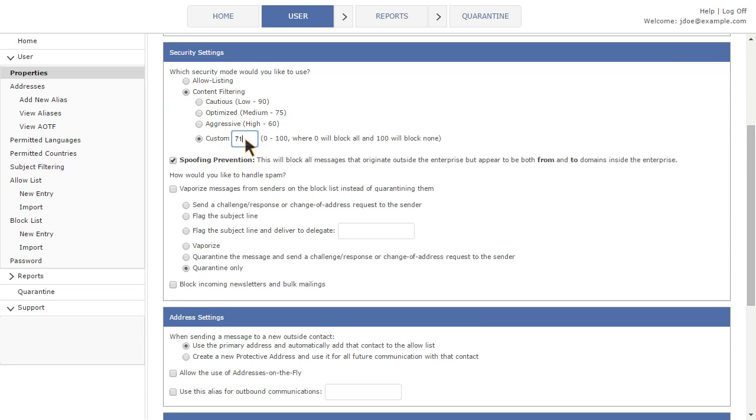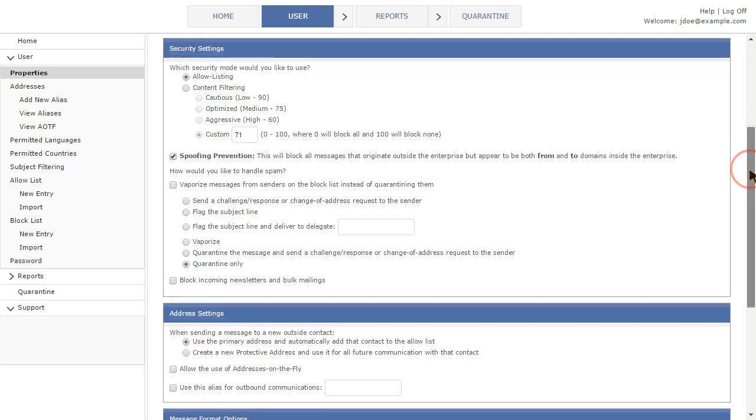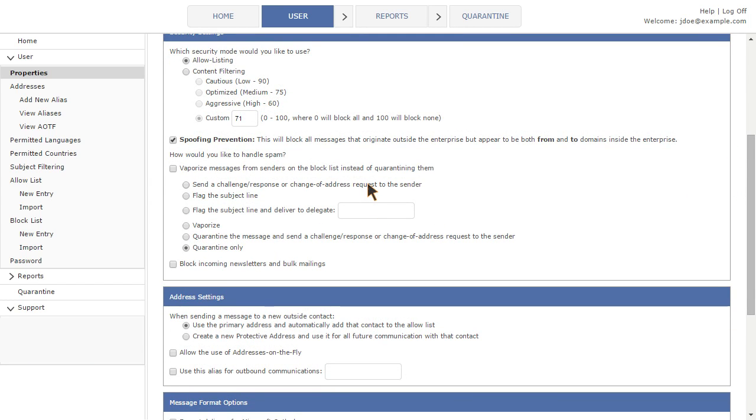Allow listing means that you'll only receive email from people that you specifically designate as being allowed to send you email. You can add individual senders or entire domains in the Allow List section under the User menu. In Allow Listing mode, when an unknown sender tries to email you, or in Content Filtering mode when a message has a low spam score, the message will be treated as spam, which could mean one of several things depending